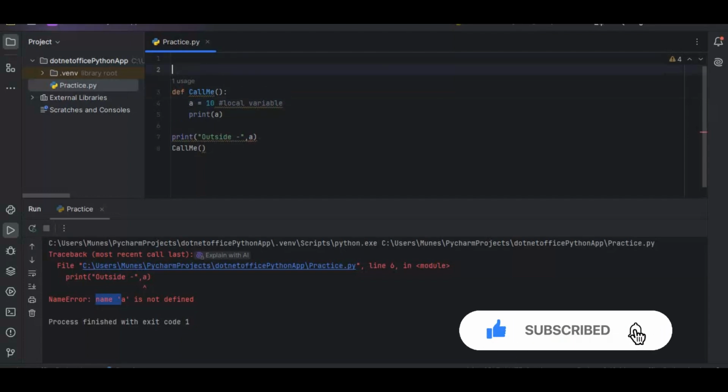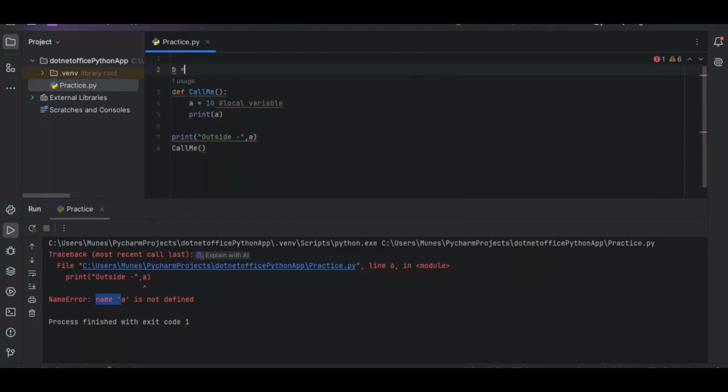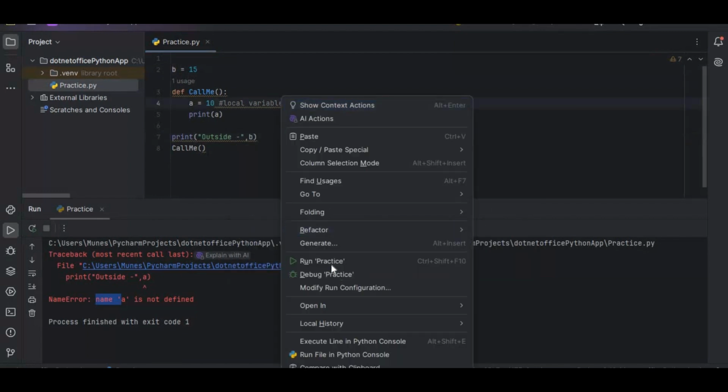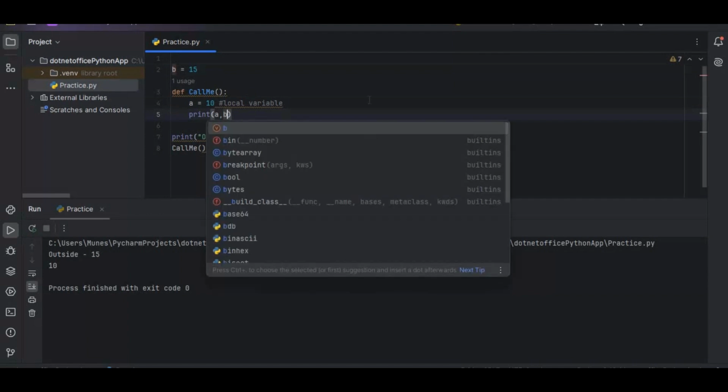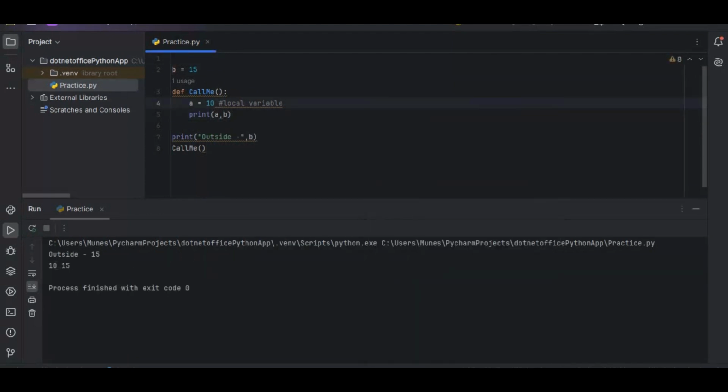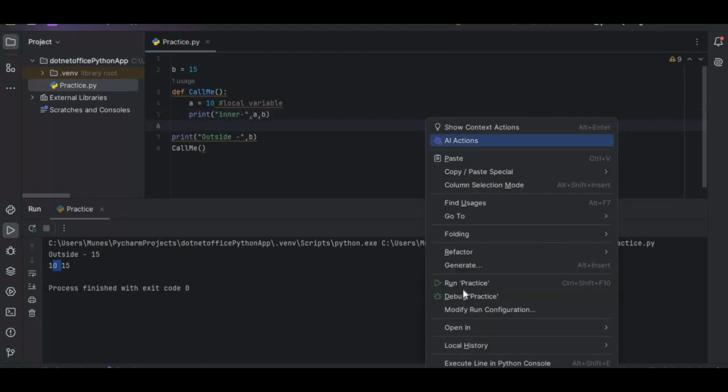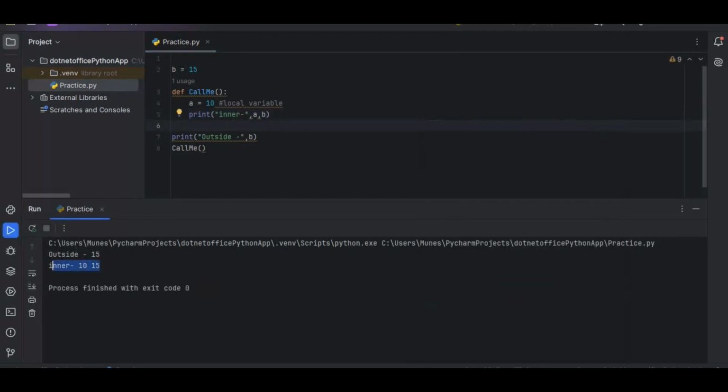Now what if I take a variable outside of this, called b, equal to 15, and try to access it? Let's run it. You can see outside 15, because b is 15, and we can print it here also. Let's run this. Here you can see 10 and 15. For clarity, let's label it as inner. When I run this, we can see it is printing as expected. So this is the global variable, meaning throughout the code we can access it,